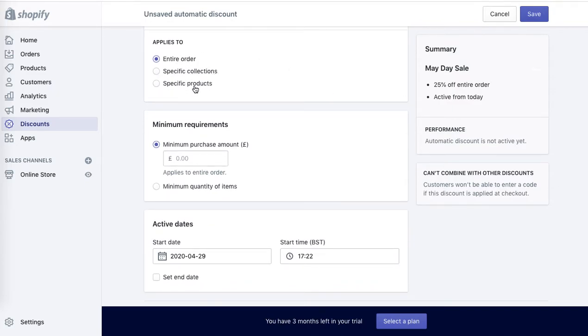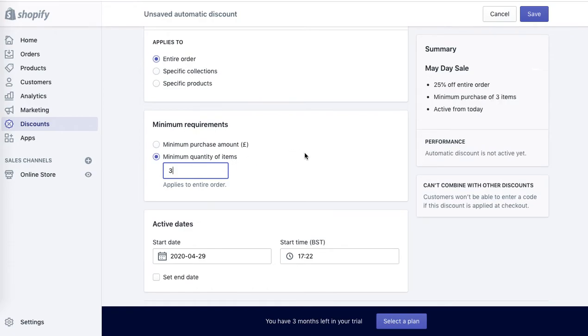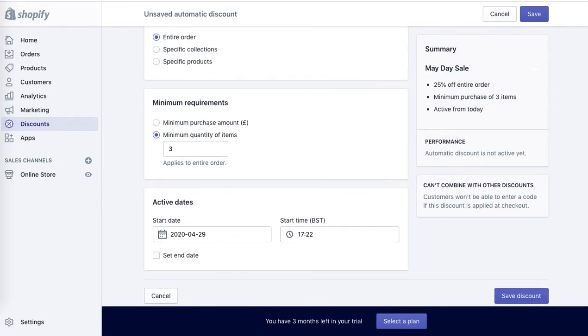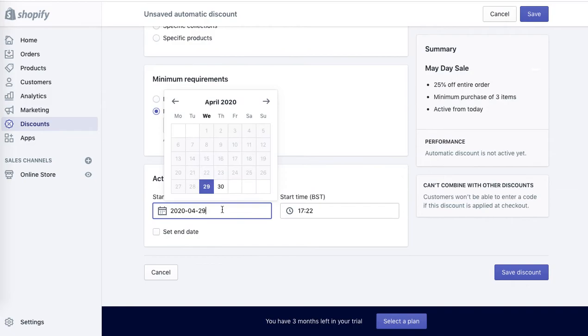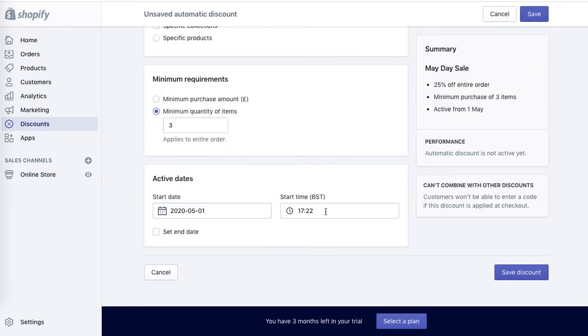specific collections, or only specific products, whether it's minimum order that triggers the discount or minimum quantity of items. So let's say that we want to only apply it if someone buys at least 3 items, and we can, let's say, start it on the 1st of May and we can end it, well, let's put